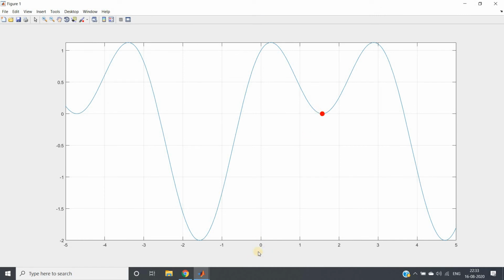Now consider this point at x equal to 0. Here the function point is coming here. Now if you search for the minimum nearest to the point x equal to 0, what will you find? You will find this point. Why? Because the function will see, okay, if I go to the right hand side, the value is increasing, so I will not go to the right hand side, I will go to the left hand side. Left hand side value is decreasing, and it will go and go and go, and it will reach here. Then when it further tries to go to the left hand side, the function value will increase, so it will stop here and it will give us this value.